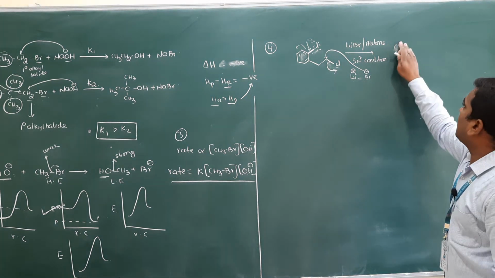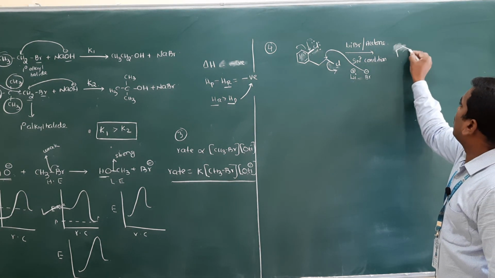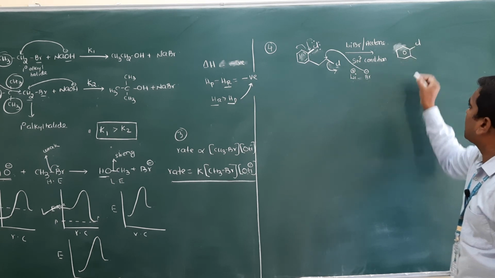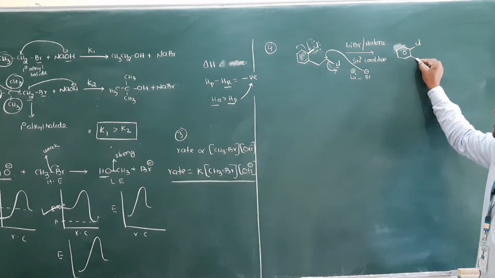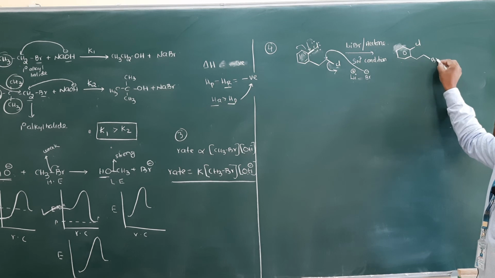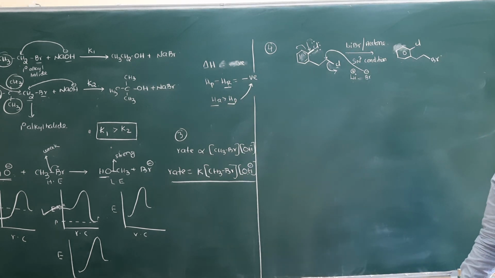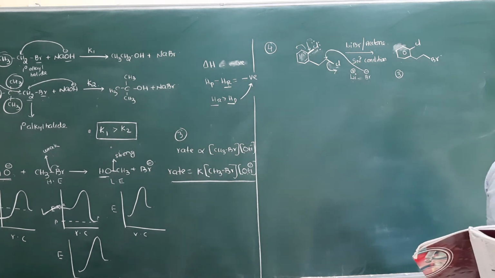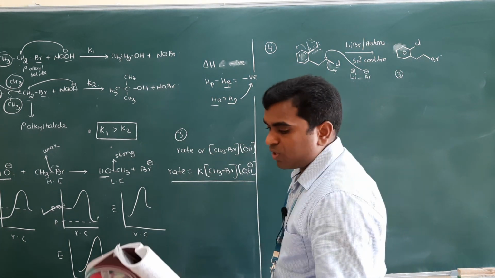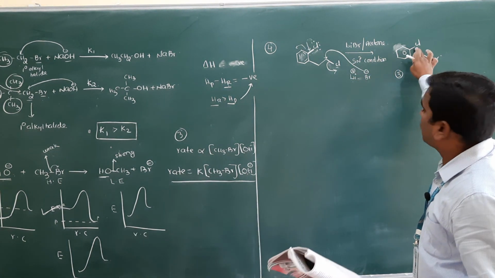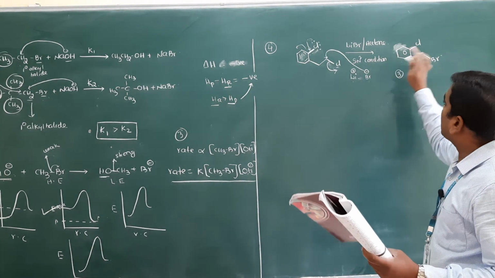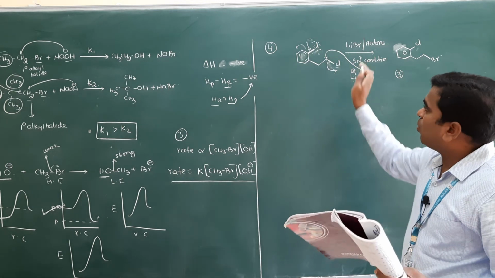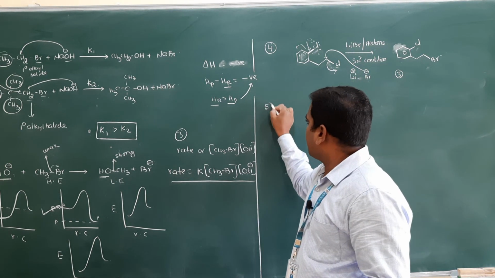So then what compound will you get here? The chlorine which is directly attached to the benzene ring will not be substituted by nucleophile, but this chlorine will be substituted by nucleophile. Then what is the option here? Option 3 is the correct answer. Clear? That is your C. First option, chlorine is replaced by bromine. Second one, both chlorines are replaced, so it won't happen. So next one, question number 5.